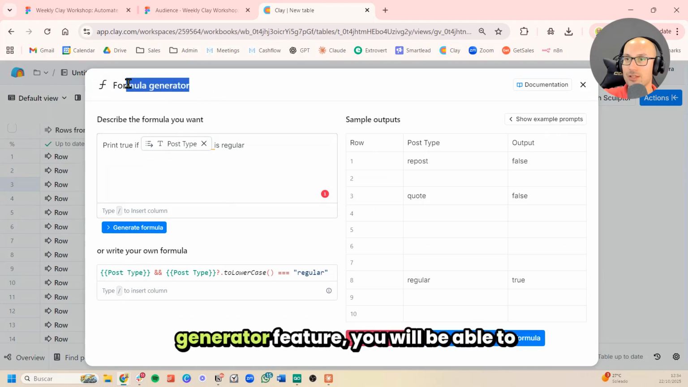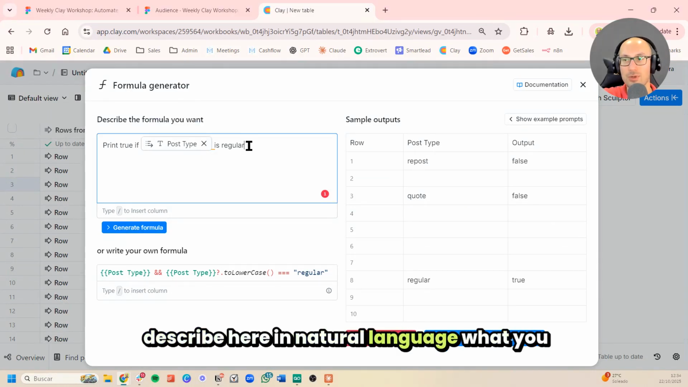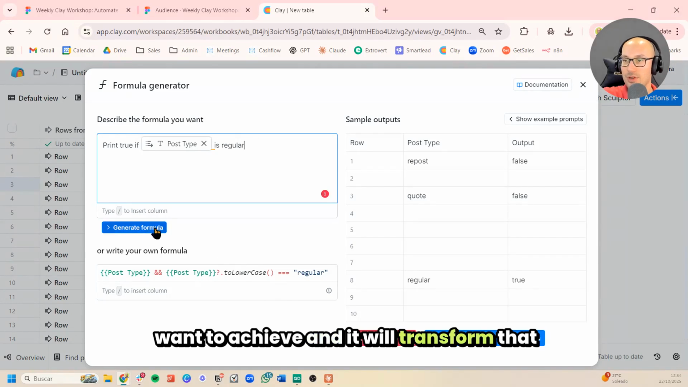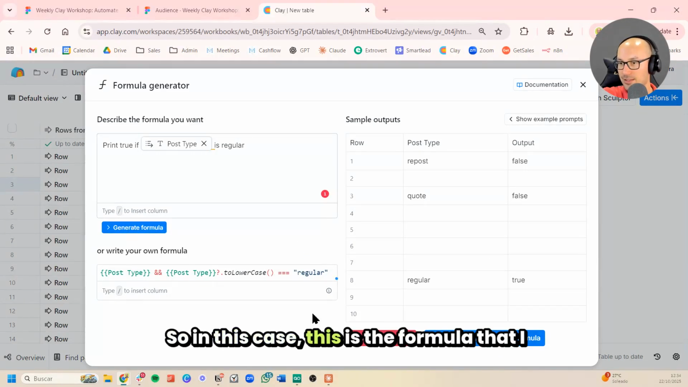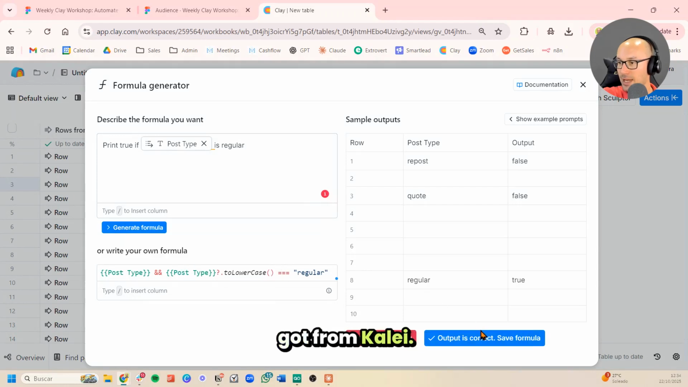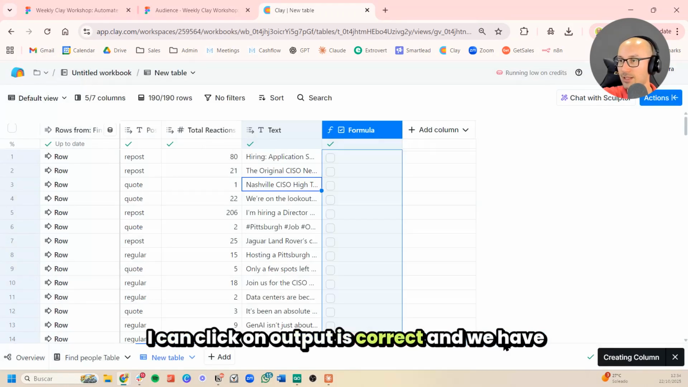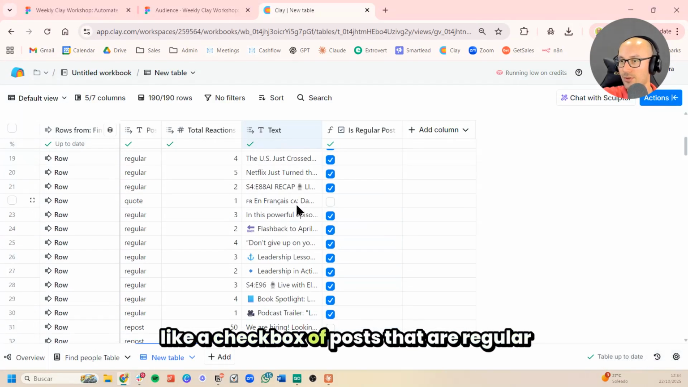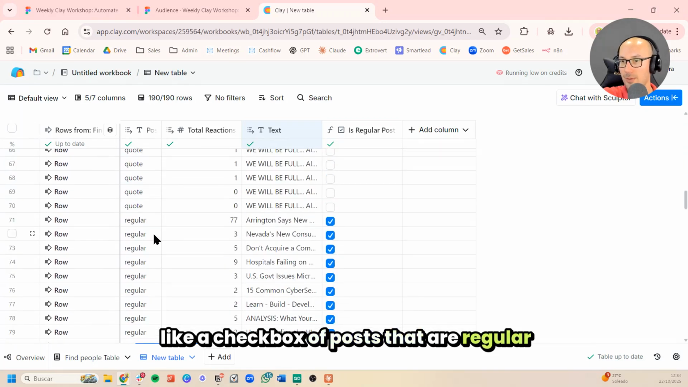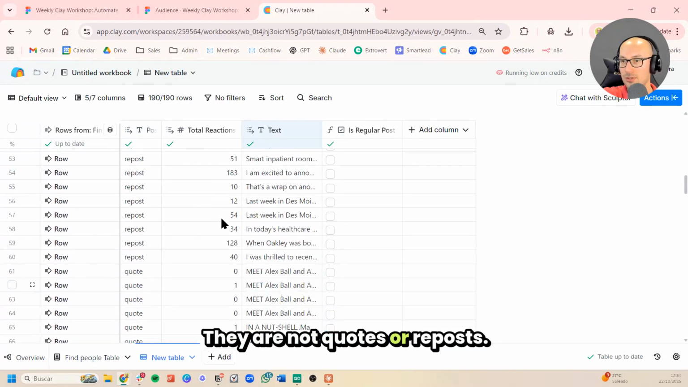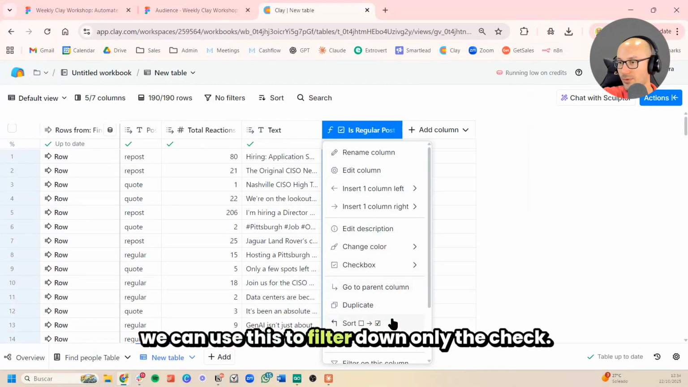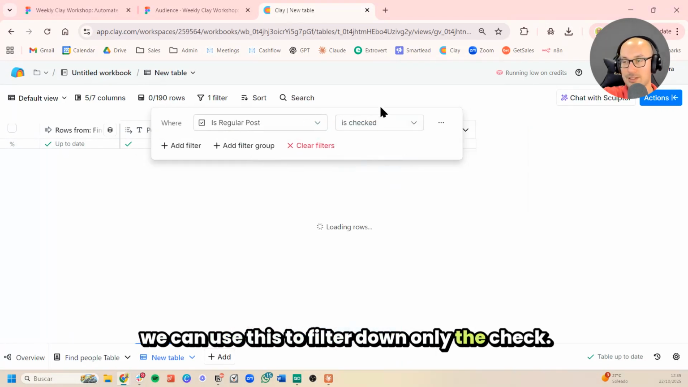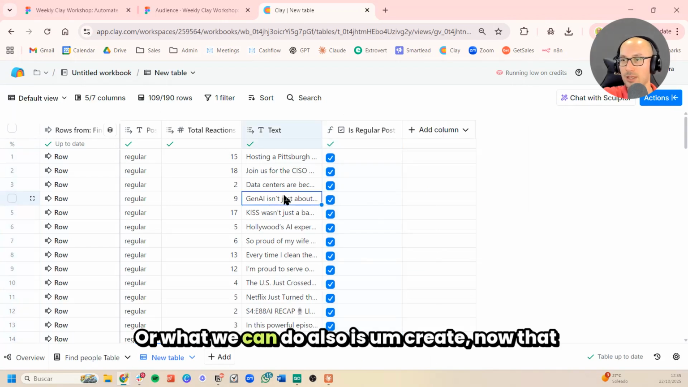And with this formula generator feature, you will be able to describe here in natural language what you want to achieve, and it will transform that into a formula. So in this case, this is the formula that I got from Clay. I can click on output is correct, and we have a checkbox of posts that are regular posts. They are not quotes or reposts. So now we can use this to filter down only the checked ones. Or what we can do also is